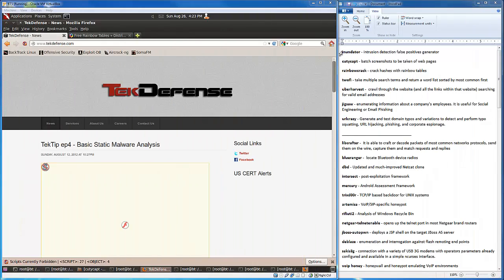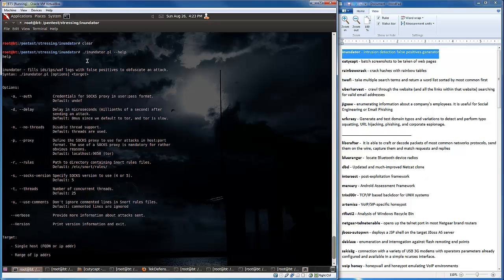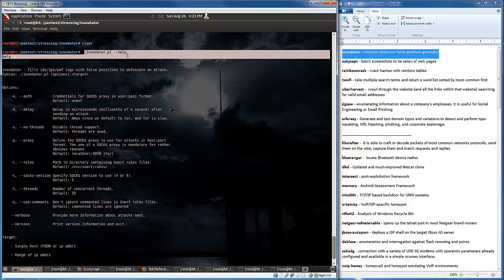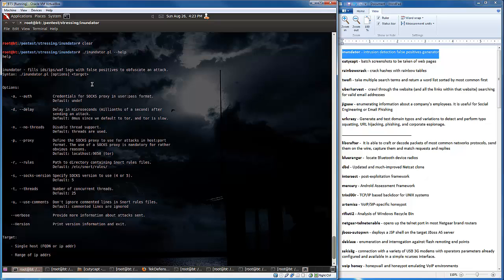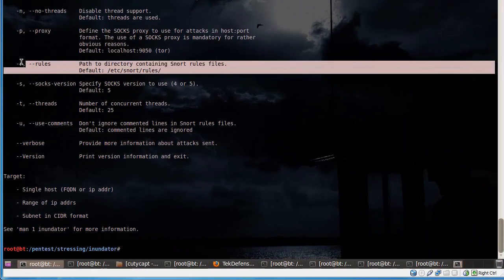The first tool we're going to take a look at today is inundator, and as the description states, it is a false positive generator. Let's bring up the tool. I've run this a couple times before just to make sure I understood the commands, but if you run the help, it gives you some of the options. As the name suggests, it's going to send a bunch of traffic towards a host, matching signatures that you specify by telling it to look at a specific rule file,